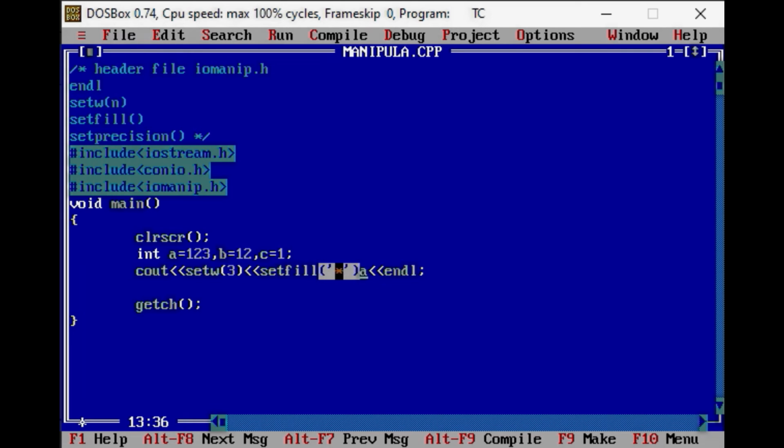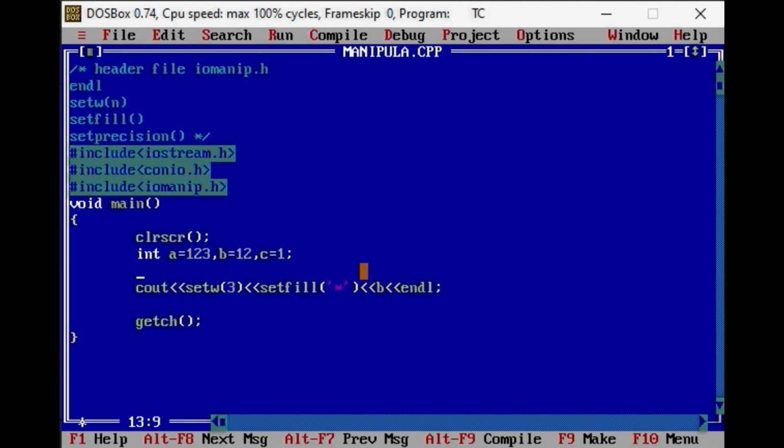Here we have written star, you can write a $ sign, you can write @, you can write an exclamation mark. Whatever sign you want to display, you can write here in single quotes. That is the syntax, you have to write it in single quotes. And here I am going to write variable b. For variable a, I am not going to perform a setfill operation.